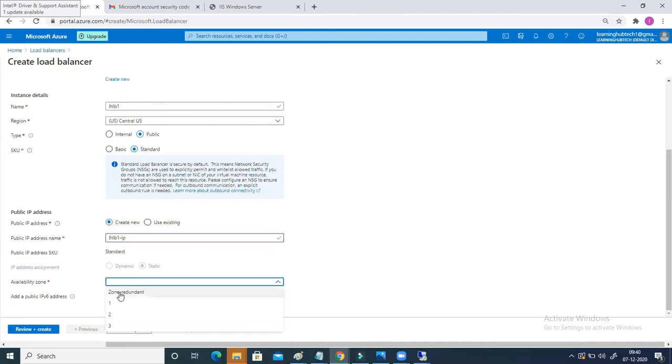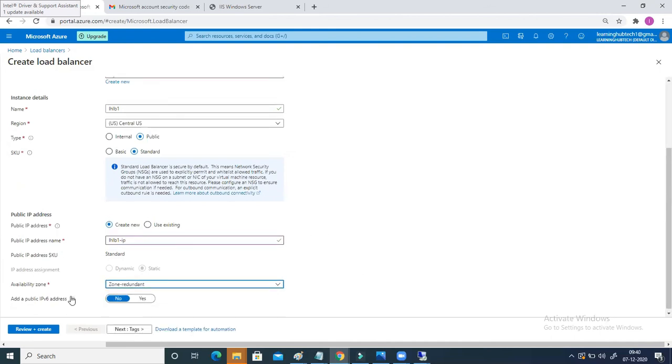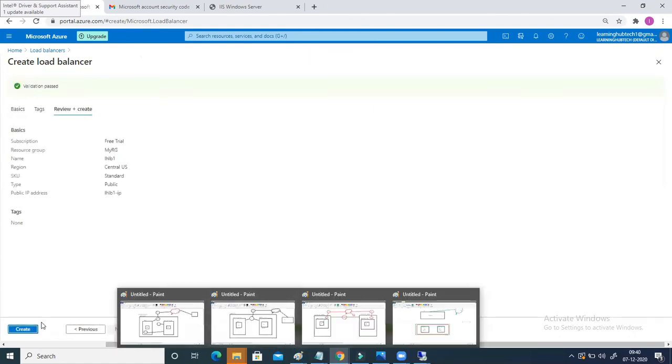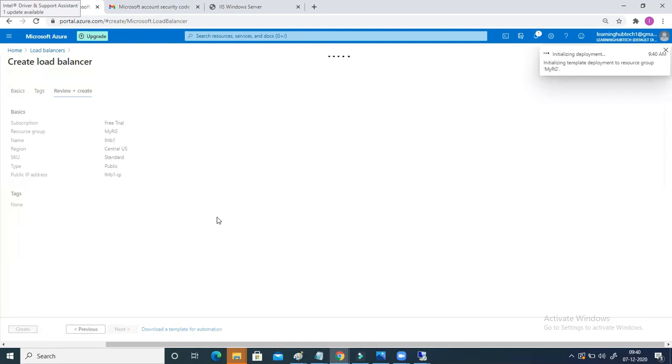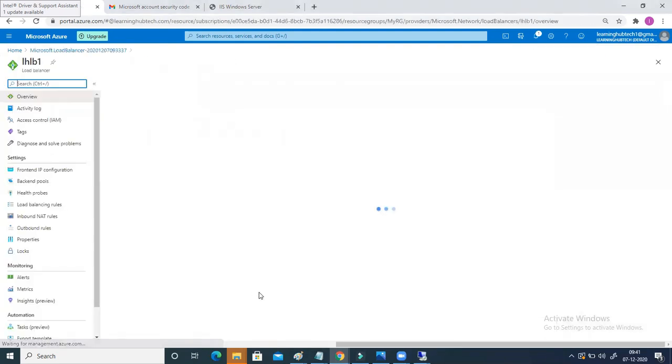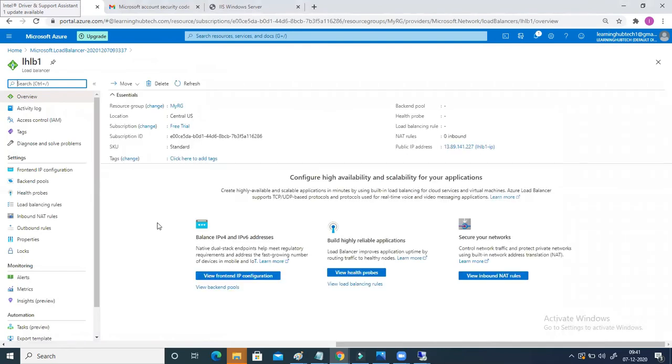And availability zone, let's make it zone redundant. So that's all. So this load balancer has been created. Okay. So now the load balancer is ready.